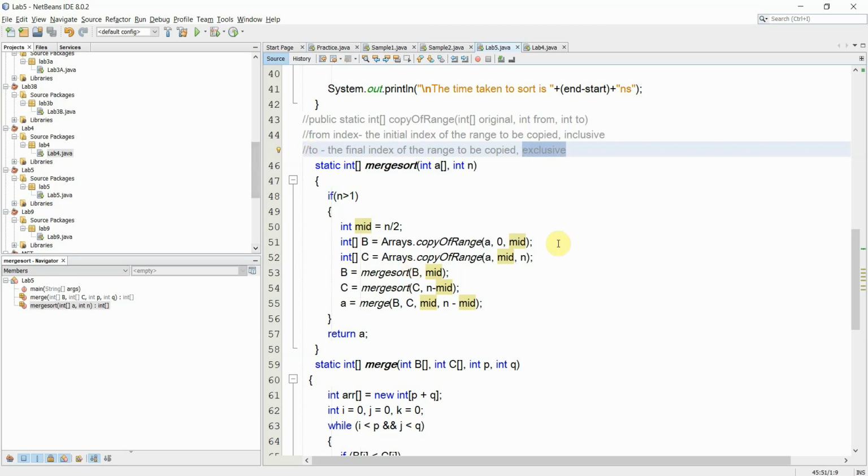However, the from index is inclusive, it is included.